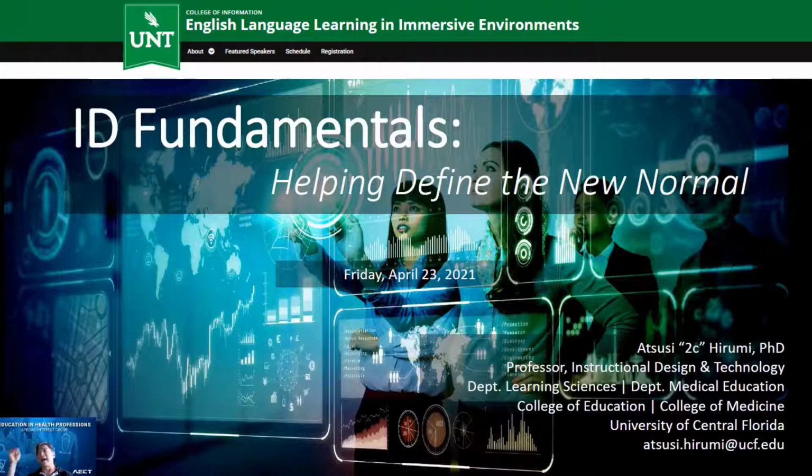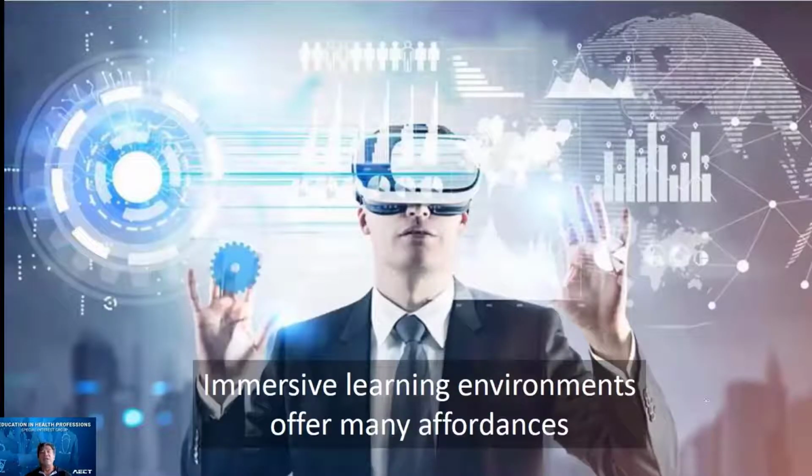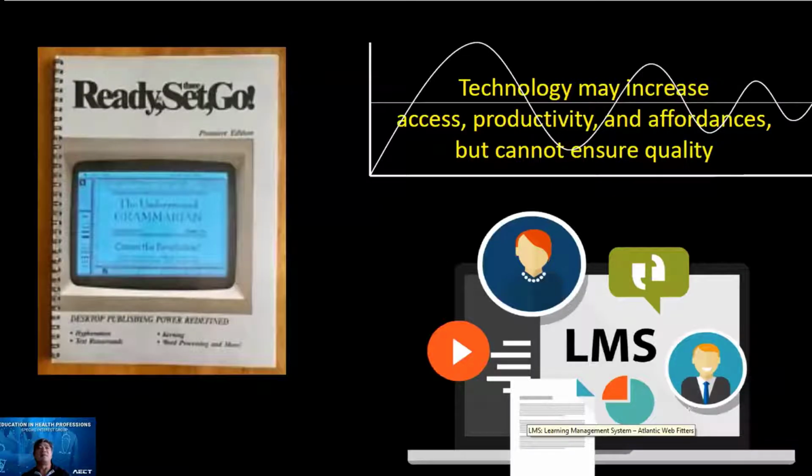So I hope to show you how these fundamentals, what I think are the key principles, will help people define the new normal as we return to whatever the new normal will be. All right, so with that, we know that immersive environments, as Alicia and others and Randall and Mike have pointed out very nicely, give us all these affordances that other technologies do not. But we also know that technology, while it might increase access, productivity, and affordances, doesn't ensure the quality of